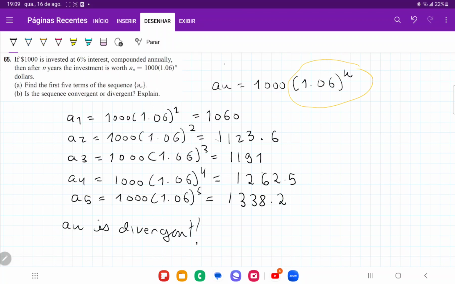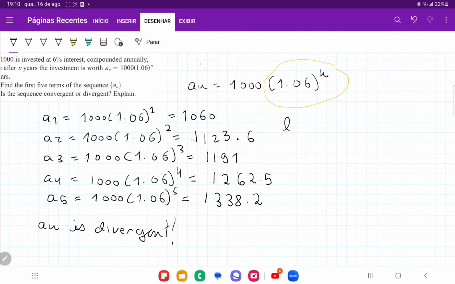So when I'm taking this limit, I'm going to take the limit of A_n as n goes to infinity of 1,000 times 1.06 to the power of n. It's like we're taking 1.06 and multiplying by itself infinite times, right? But this 1.06, it's greater than 1. So it means that when I multiply it over and over and over again, it's going to get bigger and